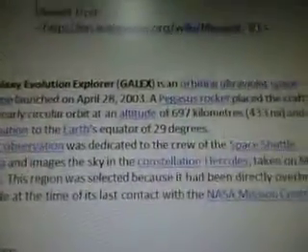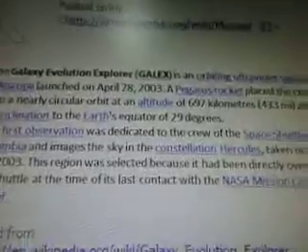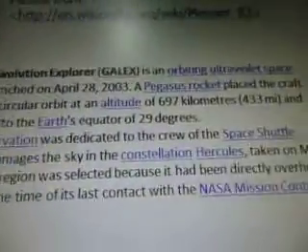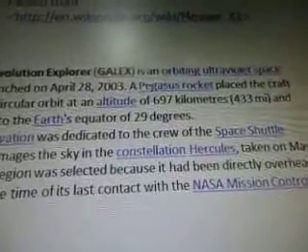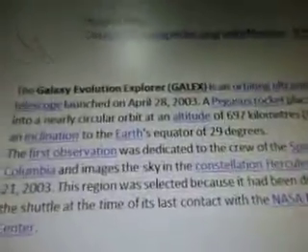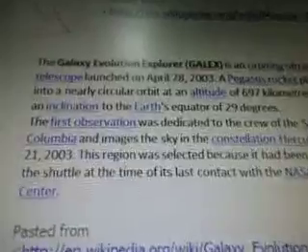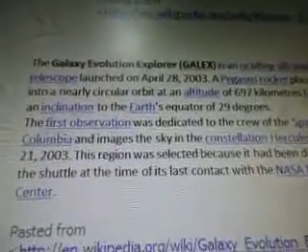So we're just reviewing it. And this is what it's called, Galaxy Evolution Explorer. If you look up the words Galex, G-A-L-E-X, you'll find it. It is an orbiting ultraviolet space telescope launched on April 28, 2003. It used a Pegasus rocket, and it put it into a circular orbit at an inclination to the Earth's